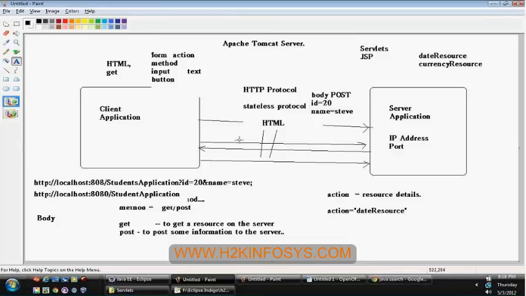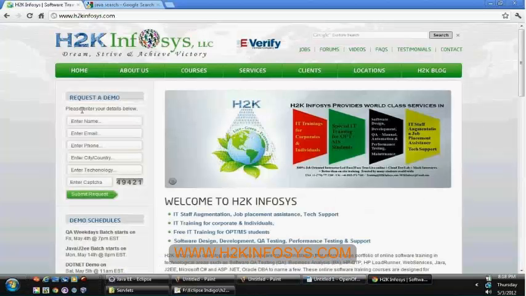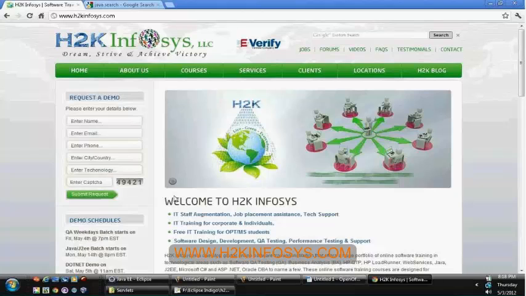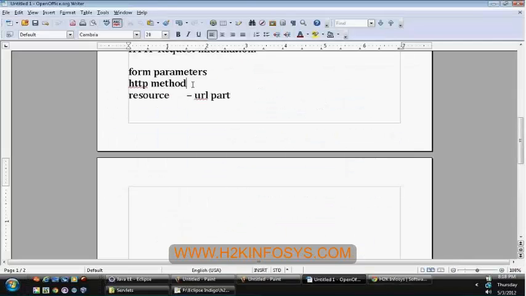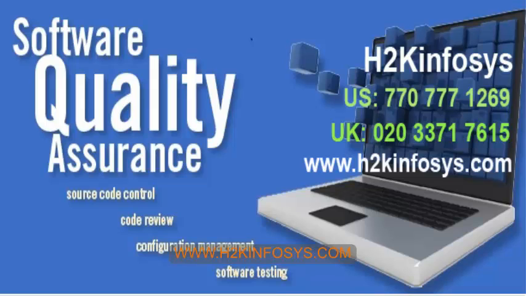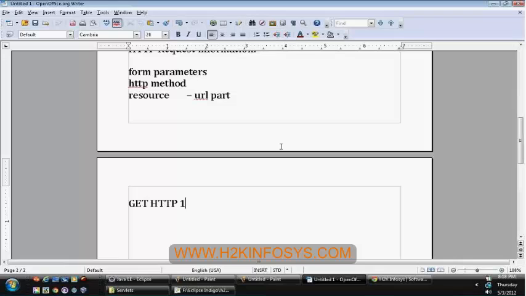So whenever a client sends a request to the server, let's think that we are entering some form and then submitting the request to the server. We already know that the server will get all these details, but internally it also gets some other information, like what is the HTTP method on which the form has been submitted. Yesterday we learned about two methods, get and post. So whenever the web browser submits the request, let us say the form is submitted using the get method, and it also specifies the HTTP version like 1.0 or 1.1, and it also specifies the